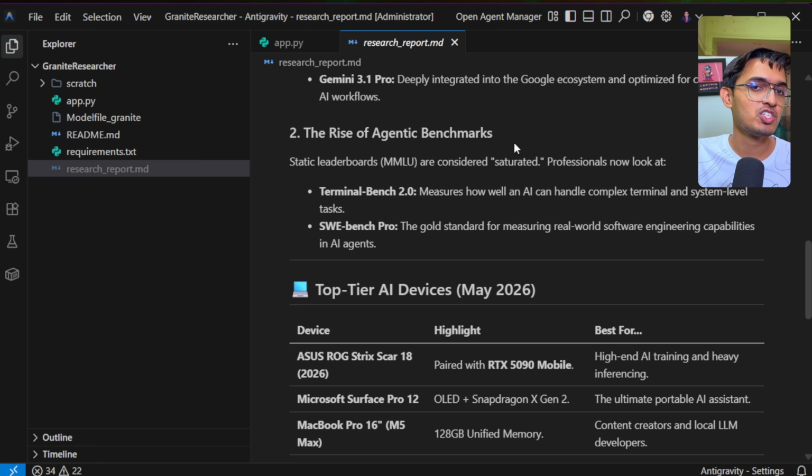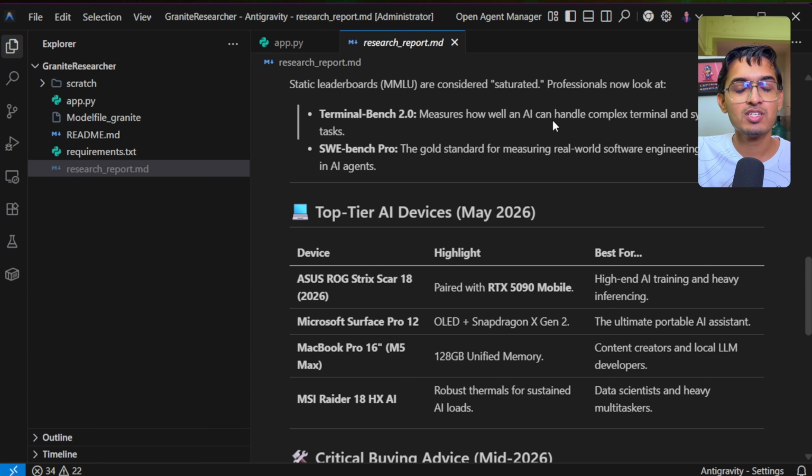Then there is a rise of agentic benchmarks like Terminal Bench 2, which measures how AI can handle complex terminal and system level tasks. Then there is SWE Bench Pro, which is the gold standard for measuring real-world software engineering capabilities